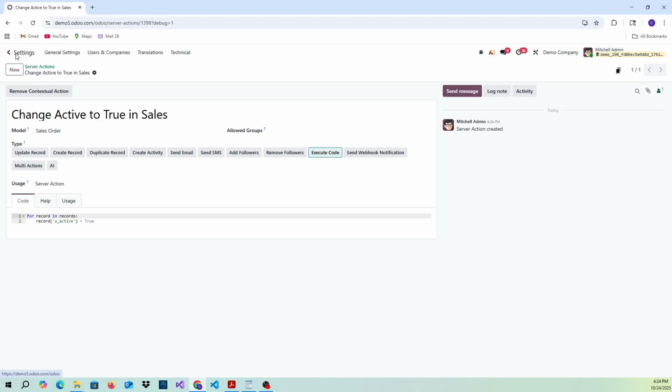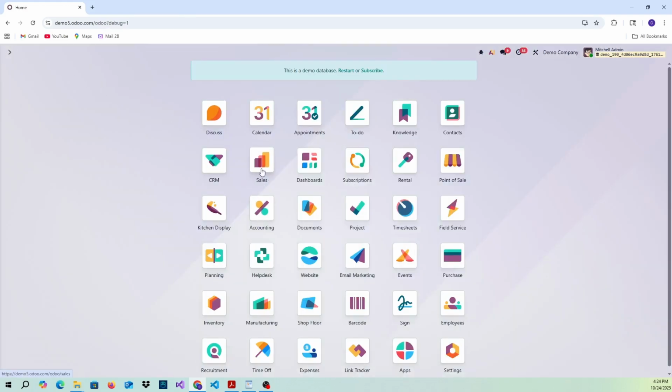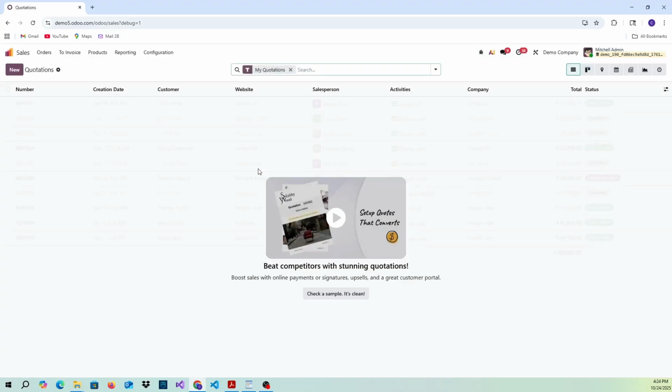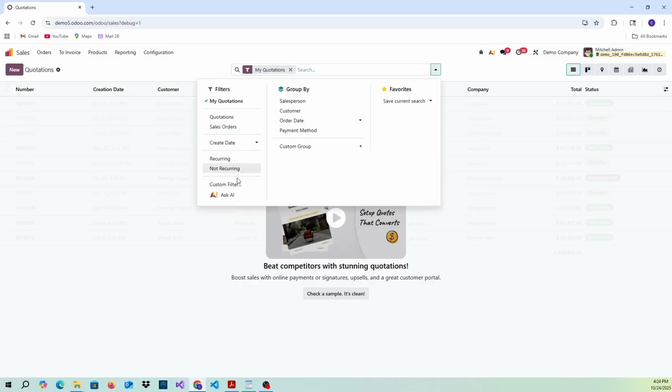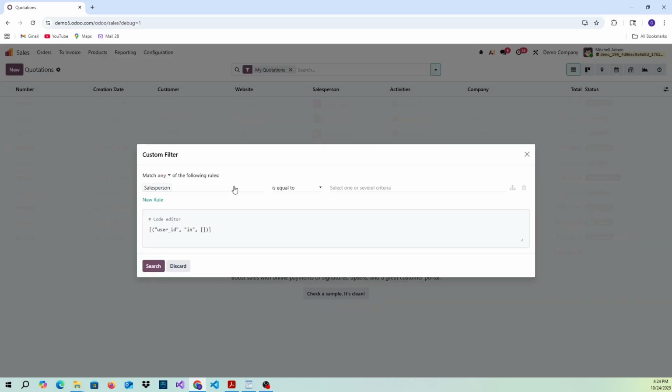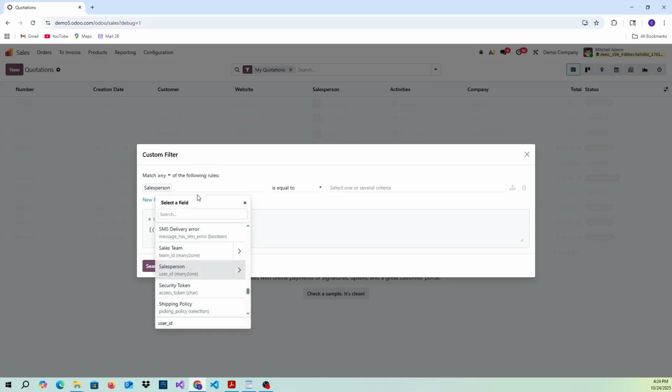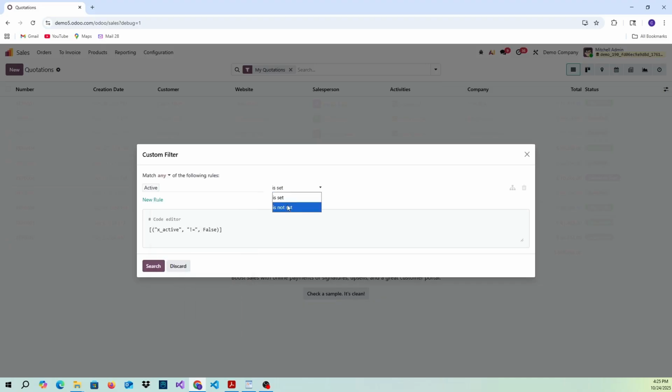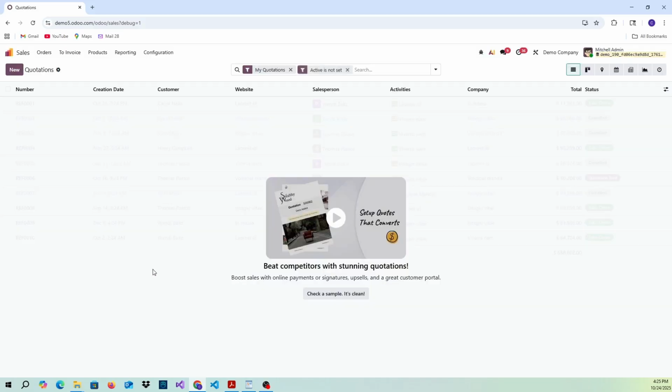And let's go back to the sales app, and the records are still archived, so we need to use the filter, and let's type active is not set, search,